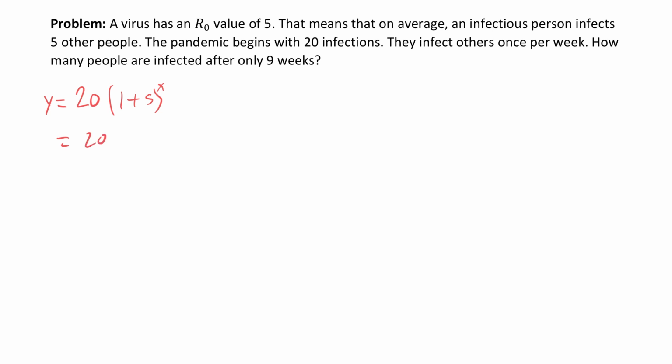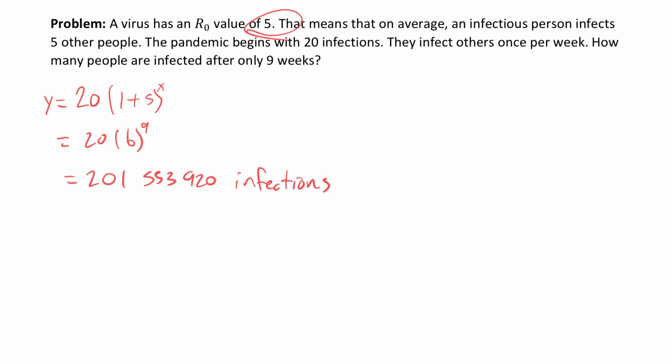So we plug in our 1 plus 5, or 6, to the power of 9 weeks. And using our calculator, we get 201,553,920 infections. Now, an R0 value of 5 is quite high, but not unreasonable. And you can see here how after only 9 weeks, a pandemic that begins with just 20 people can quickly